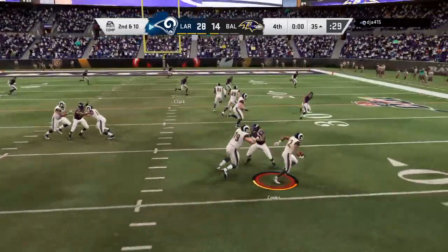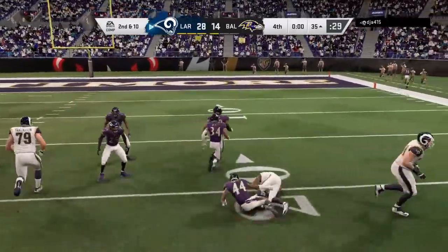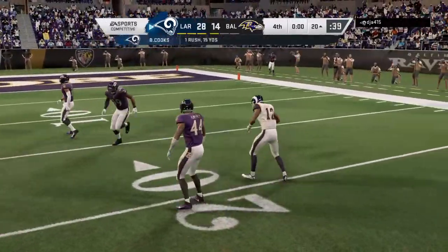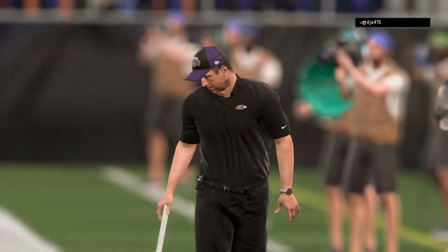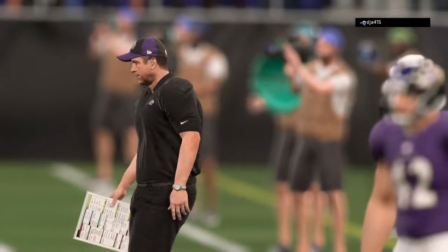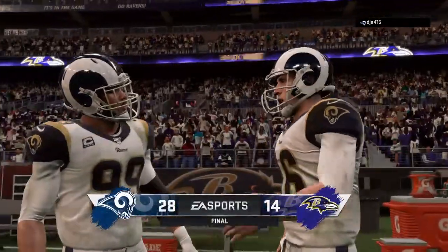On the jet sweep, they get this to Cooks. And they'll get this one down to about the 20-yard line. A road win in the National Football League. Charles, you never take that for granted no matter who you're playing, no matter